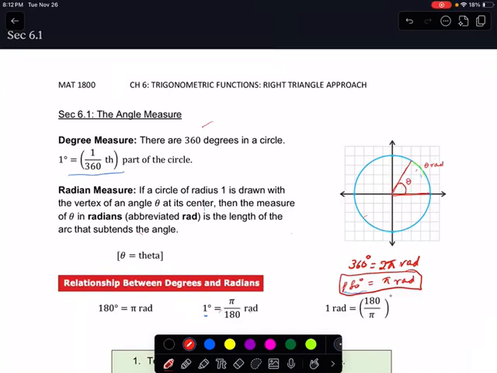Chapter 6, trigonometric functions, right triangle approach. Okay, I am going to do this